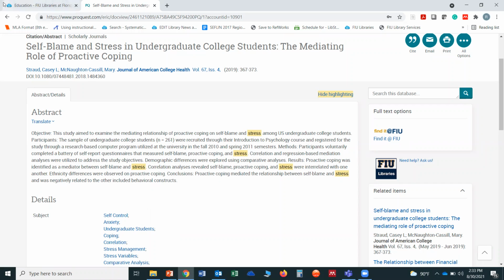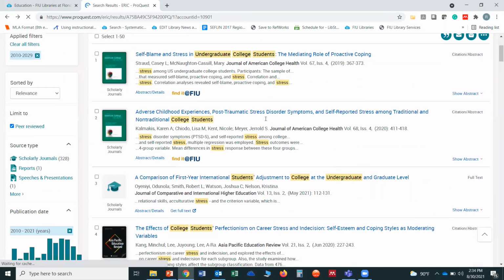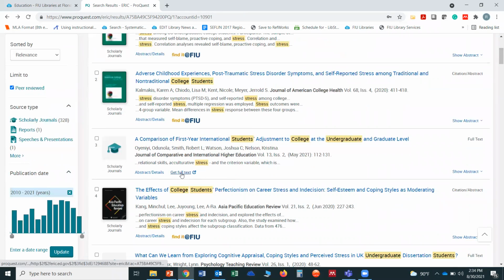If you decide that this is an article that you want to read further, you can look for either where it says full text, or where it says find it at FIU. If it says full text, you can just click here and the full text will appear, and also in PDF form, which is downloadable. If it says find it at FIU, it means we do not have it in ERIC, but it might be in a different database that we have. So if you click here,